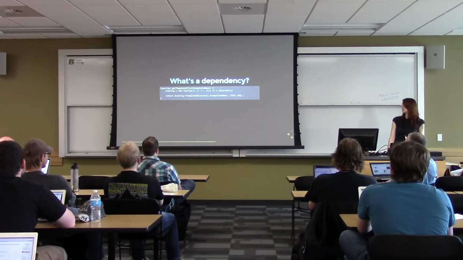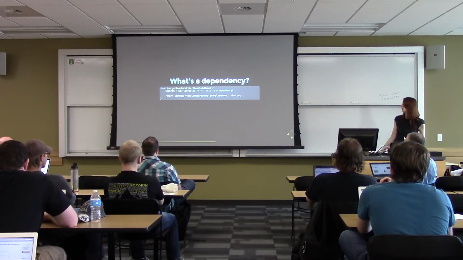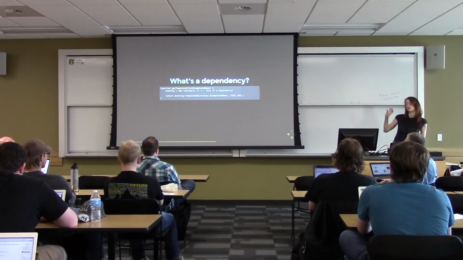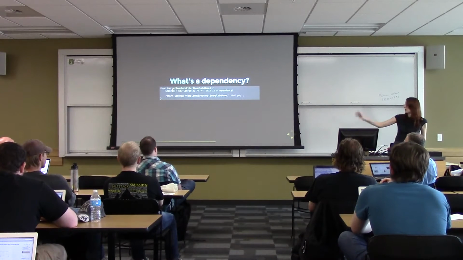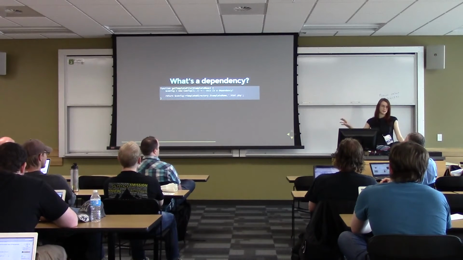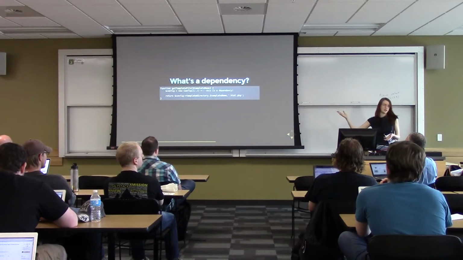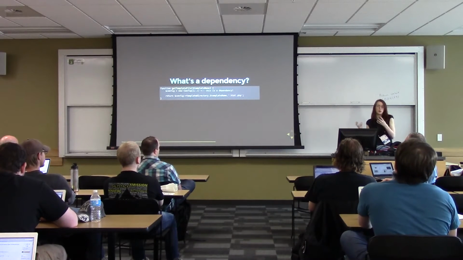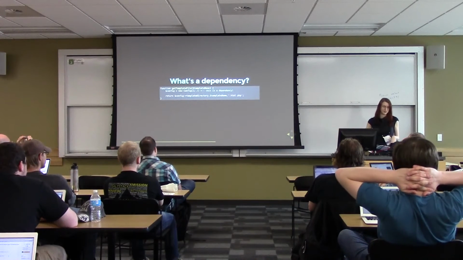Here's an example. This is just a random common.php function. We're grabbing a template file. And to do that, we have to go get our config object, because that has our template directory in it. So we got to go get our config object, get the template directory, and then we can find our template file for this. Grabbing the config object is a dependency. If you want to test this get template file function, what does config need? Does it touch a database? What do I have to wire up to get a test for get template file to work? That's a dependency.